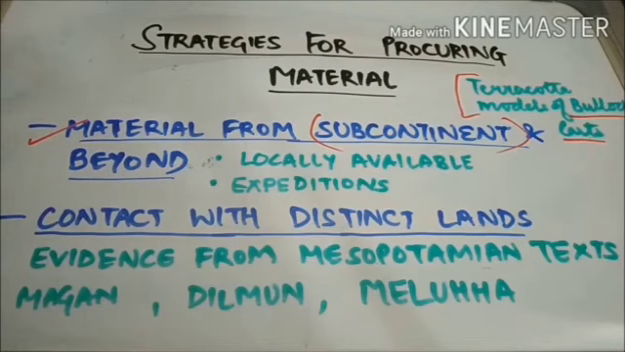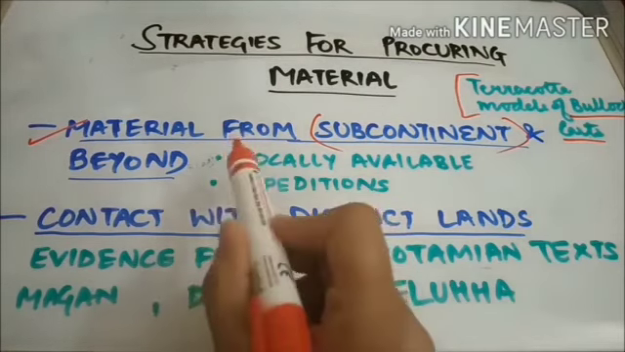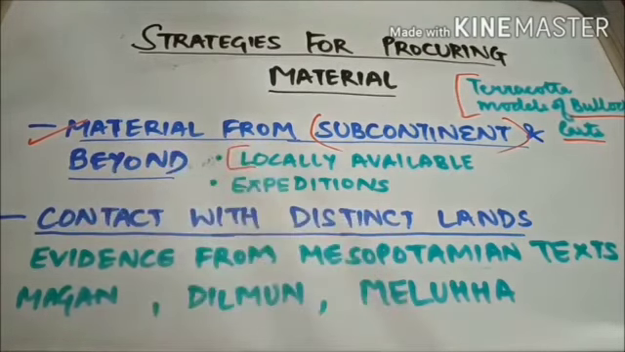Then there is an example of Shortughai, which is a site in present day Afghanistan. Shortughai was considered the best source of lapis lazuli, which was a blue stone. Then Lothal, which is in present day Gujarat, was famous for carnelian, etc. So apart from the fact that there were certain material which was locally available,